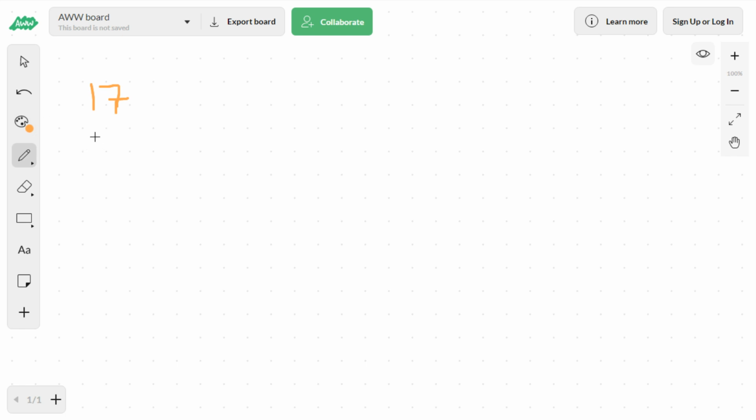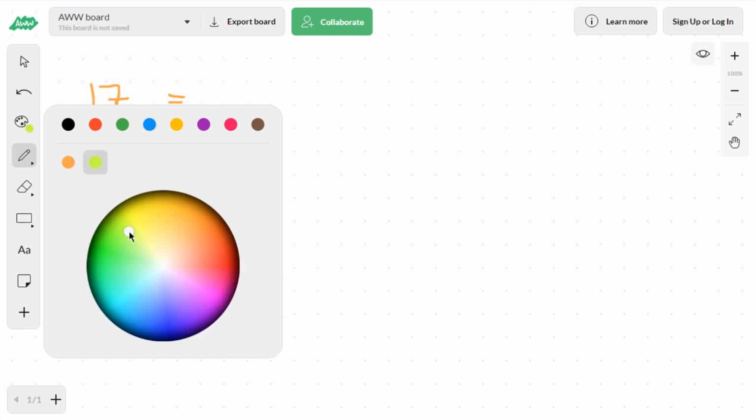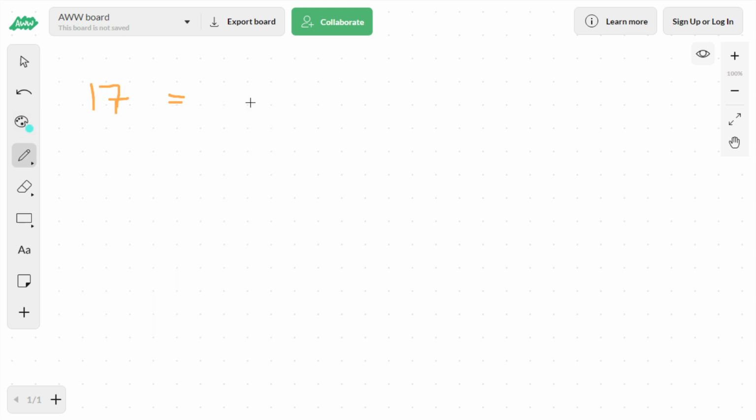So we would say in the ones column we have a 7, in the tens column we have a 1, in the hundreds column we have a 0. And then we want to convert this to binary. In binary, we're not concerned with tens and ones and all that kind of stuff. We're more concerned with powers of 2. So I guess we'll use the blue for now. We're going to have 2 to the power of 0, 2 to the power of 1, 2 to the power of 2, 2 to the power of 3, 2 to the power of 4,